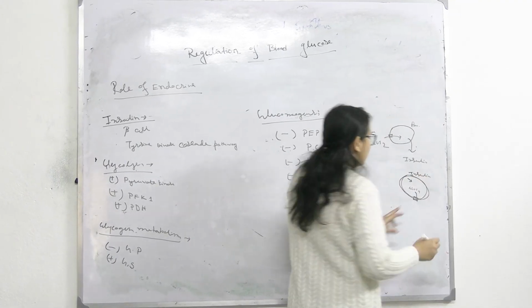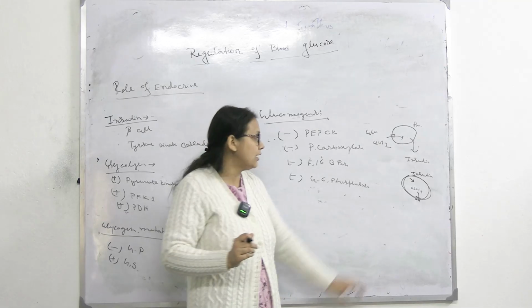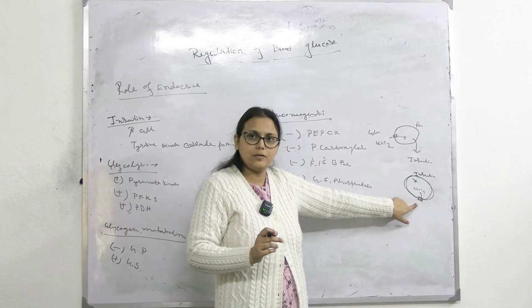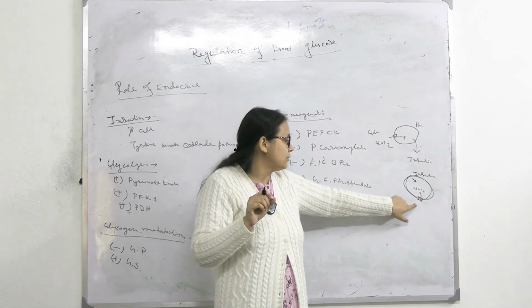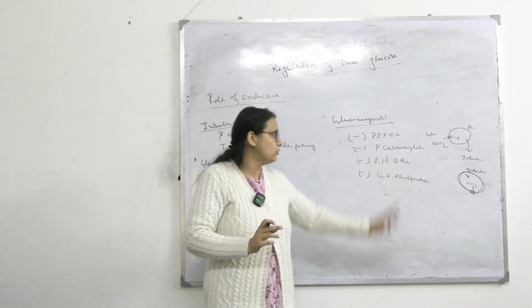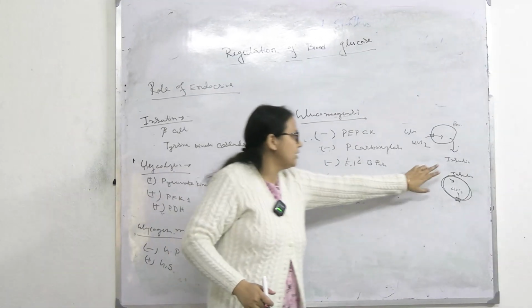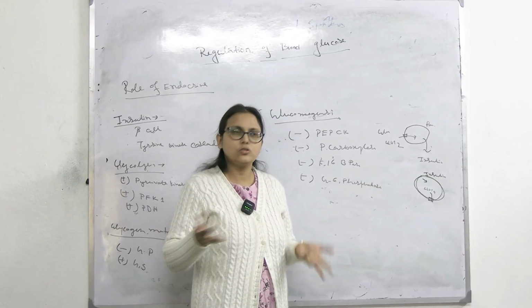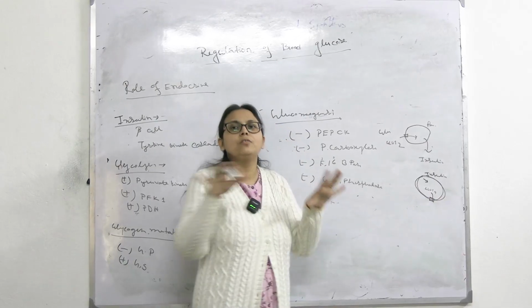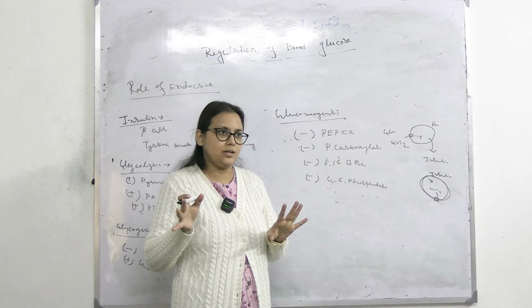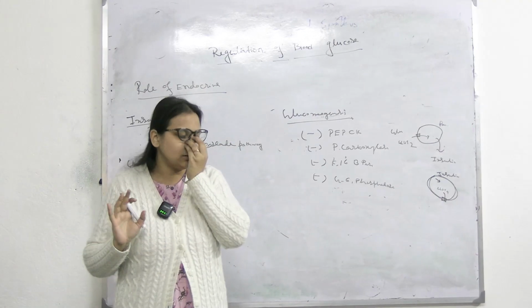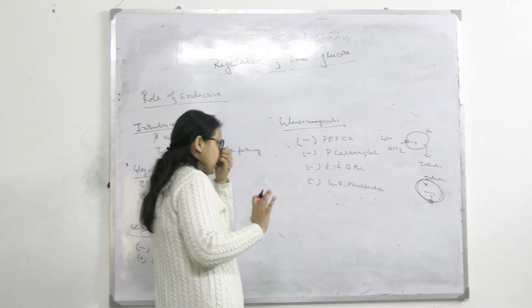That's why GLUT4 is called insulin sensitive. When insulin comes, GLUT4 comes to the cell surface, that is, the cell membrane. After that, glucose will be transported inside the cell. If there is no insulin, then no mobilization of GLUT4, so no uptake of glucose. Glucose will remain in the blood, so it will give rise to diabetes mellitus. So GLUT4 is very important. বোঝা গেছে যে ডিফেক্ট হয় এই কারণেই ডায়াবেটিস মেলাইটাস। ঠিক আছে,